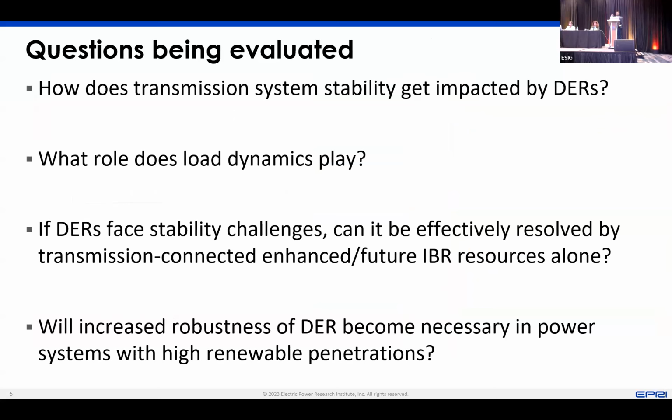Now, some of the reasons why these questions are structured like this is because from EPRI's utility member side, we've got these questions. There are a lot of utility members who ask us, okay, what's the value case for grid forming in the distribution system if you're not in a microgrid setup? If I'm going to be continuously grid connected to the bulk power system, why do I need these future IBRs on my distribution network? If I'm not going to island, I'm not going to be in microgrid, why can't the bulk power system help me? So why should we take the responsibility? Why should we try to incentivize these resources on the distribution network? So that's the background behind why some of these questions are structured in this manner.